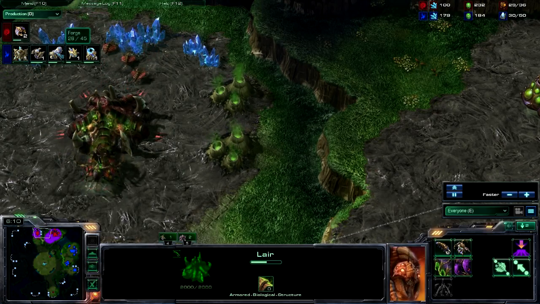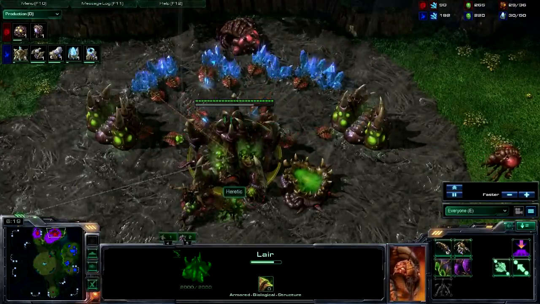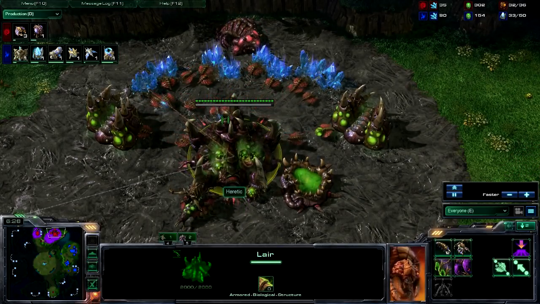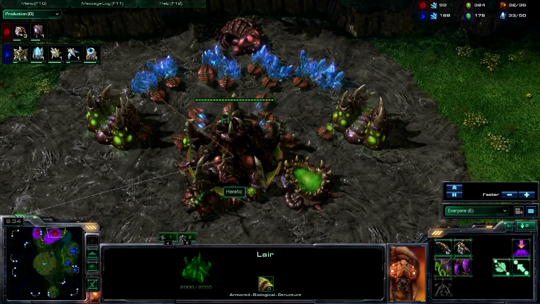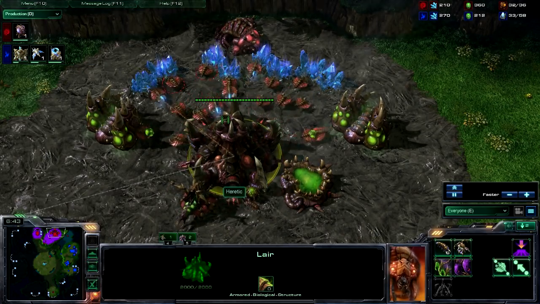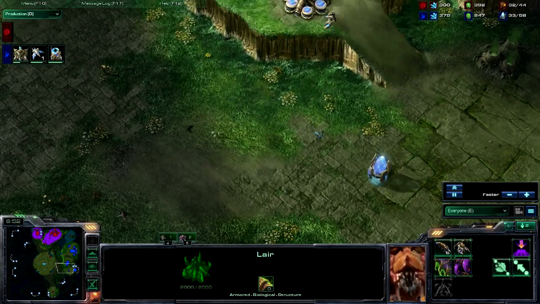If this Forge comes up, and we see +1 armor come up, and he does end up going for a Spire, which I think he might not. He still might be going for some sort of insanely fast +1 Infestors, +1 Zerglings with Infestors timing push. And that is a scary push. There's not a whole lot of Protosses in this sort of league, the Gold League area, that can hold off that sort